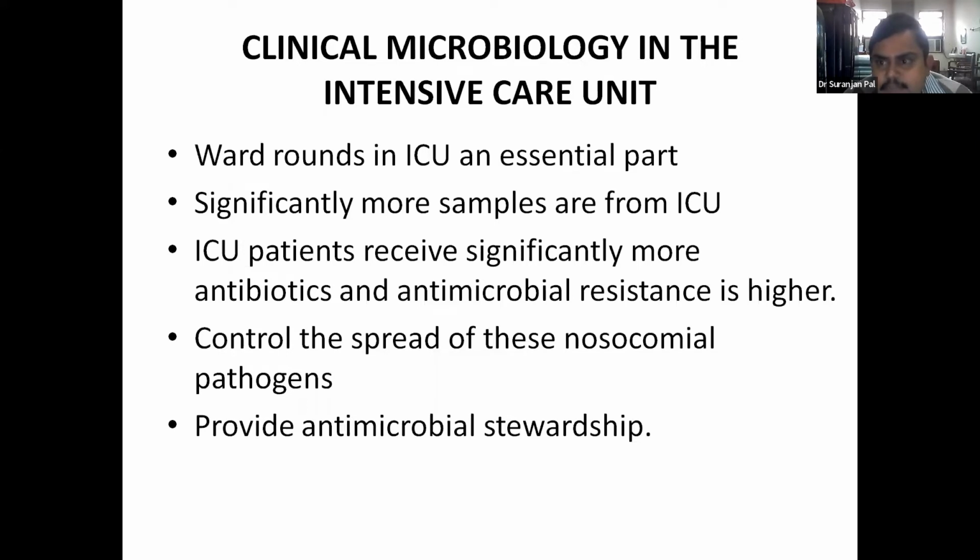what samples could be obtained, because often these ICU patients have different devices like central lines, endotracheal tubes, catheters, and often they are getting colonized with different commensal flora. So choice of specimen from the device as well as the blood culture specimen is very important for life-threatening infection in the ICU.